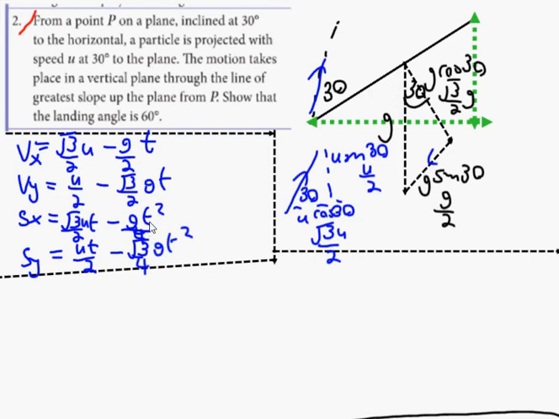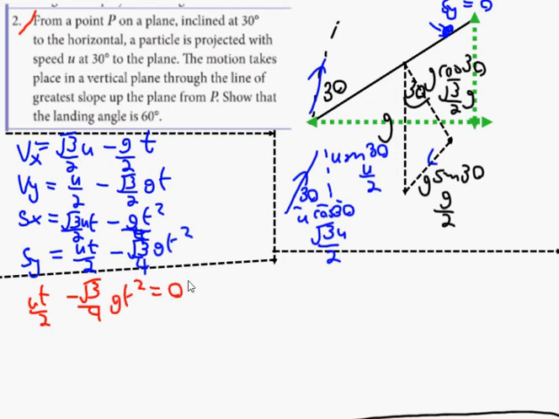Okay, so lads, what we're looking at here is, once again, we want to find out, just as the particle hits the ground, what is phi x and what is phi y. We once again have to find out that the time of flight is sy equals 0. That's when it hits the ground. So we're going to find the t value from that. So get your sy equation, which is going to be ut over 2 minus root 3 over 4 gt squared